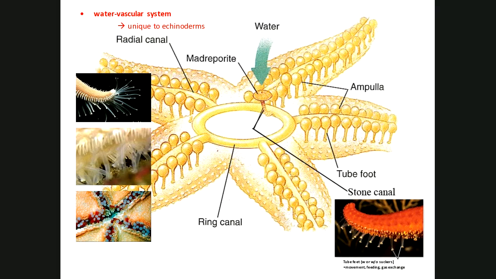Specifically, let's look at this thing in the sea star called the water vascular system. Now, this is really very cool because the water vascular system is found in only one group of organisms. That's it. Nobody else has got them. There's no convergent evolution of any of this sort of stuff. These are the only critters that have this thing called the water vascular system. It's unique to echinoderms. So let me show you the way it works.